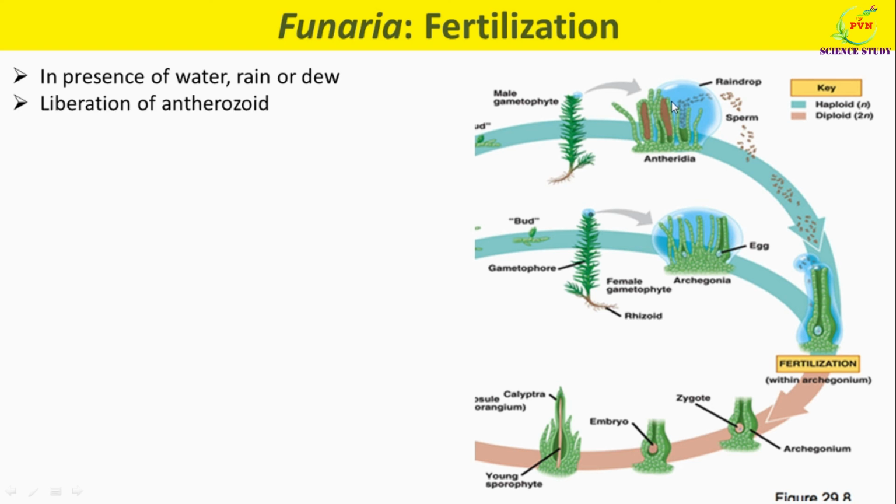The sperms or antherozoids, enclosed within their vesicles, either lie in the perigonial cup or in the surrounding water. Eventually, the vesicles dissolve to set free the antherozoids in the surrounding medium. So here you can see how the antherozoids are liberated in the surrounding medium. The liberated antherozoids swim in water and move towards the archegonium.